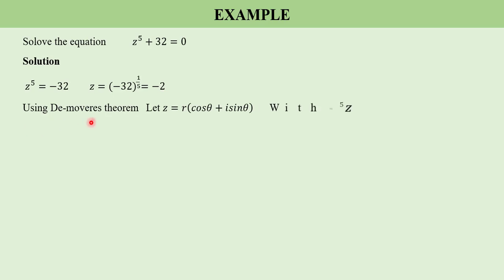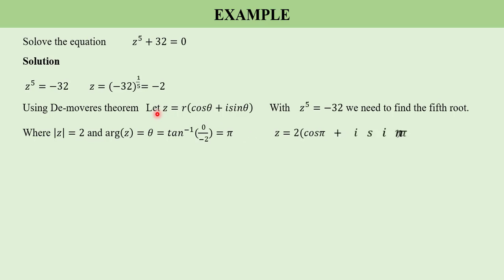So using De Moivre's theorem, we shall first express it in polar form. If we let z = cos theta + i sin theta, with z^5 = -32, we need to find the fifth root. So the absolute value of |z| will be 2, and arg z will be cos theta, which is the same as